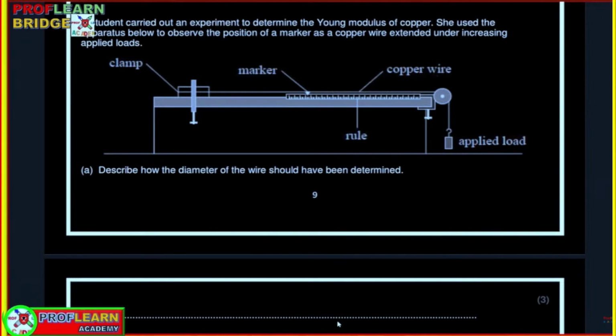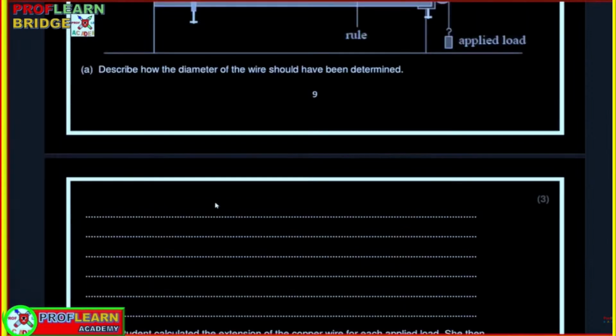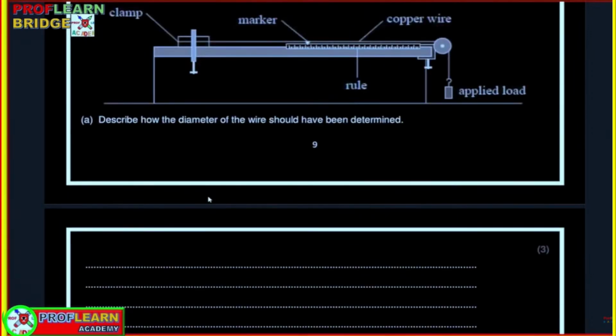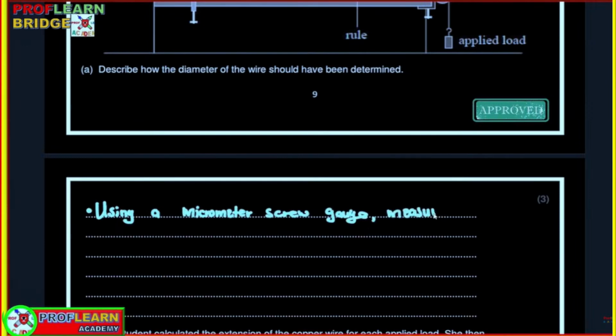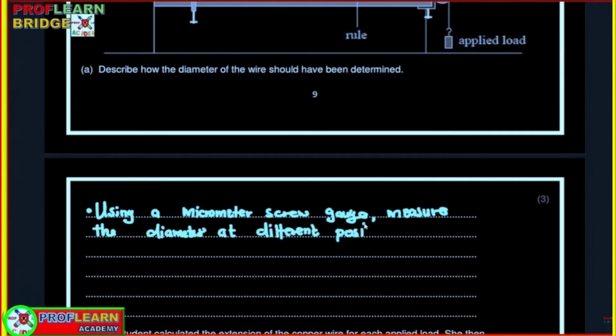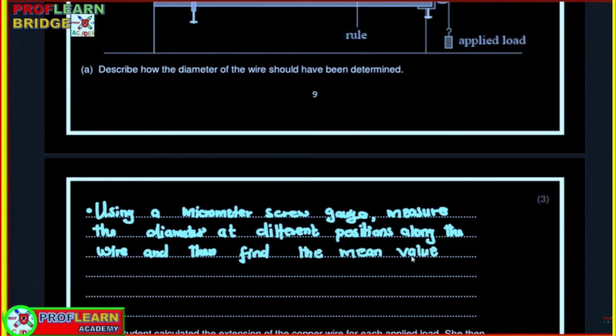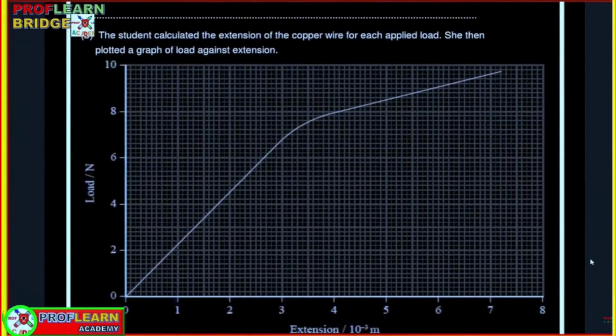When you are told to describe, that's what you are supposed to do. So we were supposed to state the instrument of measurement, and we are going to say using a micrometer screw gauge. Then we are going to explain further and say measure the diameter in different sections, in different positions and different orientations along the wire. Thereafter, we shall find the mean